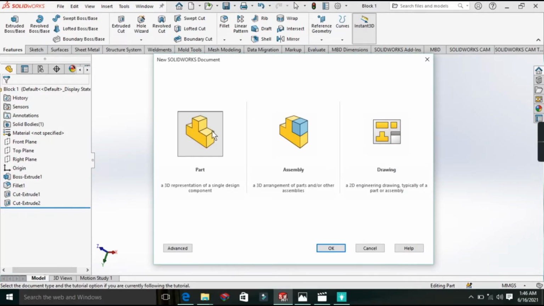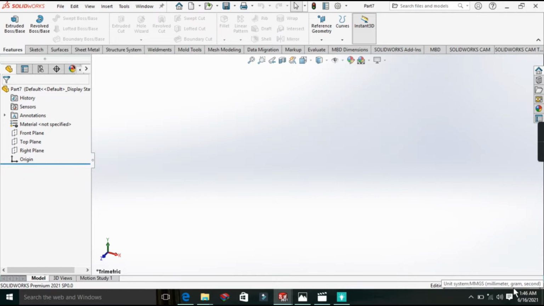You click on this part, assembly and join. So you click on this part, then press OK. So ensure it is millimeter, MMGS, and also looking at the